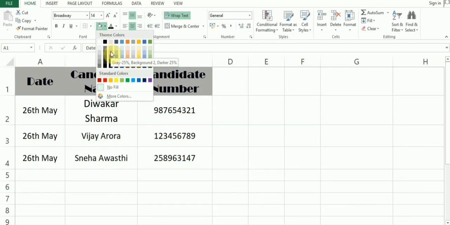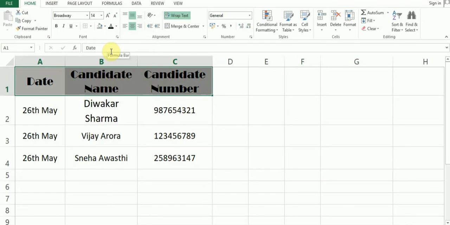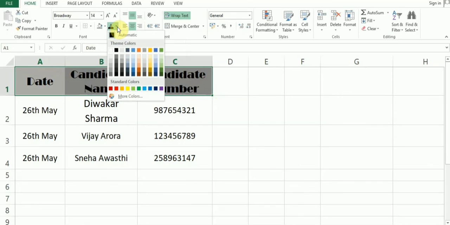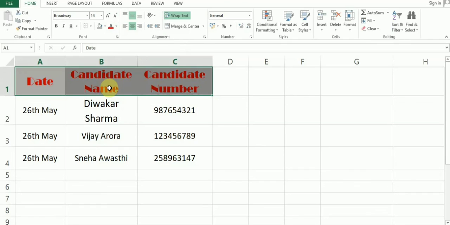We'll select gray. Now what if we want to change the color of the text as well? We'll select this and choose whichever color we want. Let's say we want this color to be displayed. We'll simply select it.